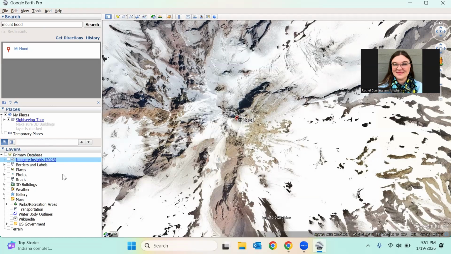Okay, so there currently is no geographic features, so we're going to go ahead and use one of the other embedded layers in the software program. And so the layers here, this is what has come standard with Google Earth Pro. For future labs, we'll be embedding things, but this is what it comes standard with. And we're going to go ahead and use, under the more things, you'll see a whole bunch of other stuff that other people have added. And so we're going to go ahead and go to